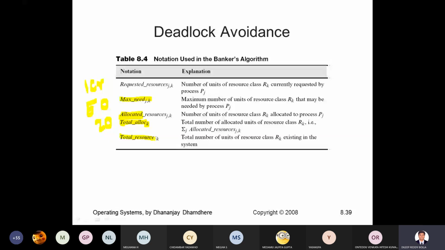Think it out from the perspective of a bank so that you'll understand easily and we can relate this to the corresponding operating system and process. Look at each one of these techniques and try to go through them quickly. For 2 minutes, please go through this complete set of notations, and then let us look at the algorithm.